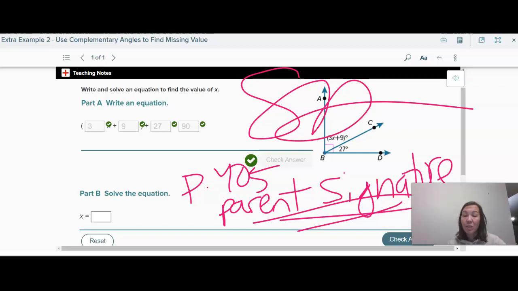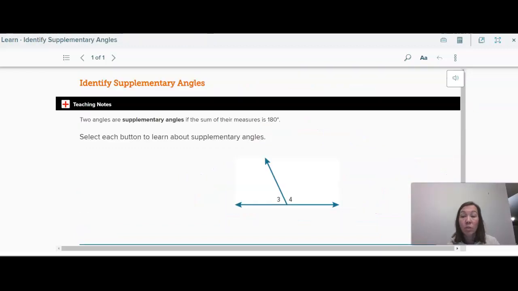You can pause the video here, but I'm going to keep going, and then after this, on page 405, parent signature. So this is where the video for tonight stops, but I'm going to keep going, and the rest will be the video for tomorrow. So this is the second half of your video, which should be homework for the next night, and we are starting on page 406. So you are hopefully just coming back to this,